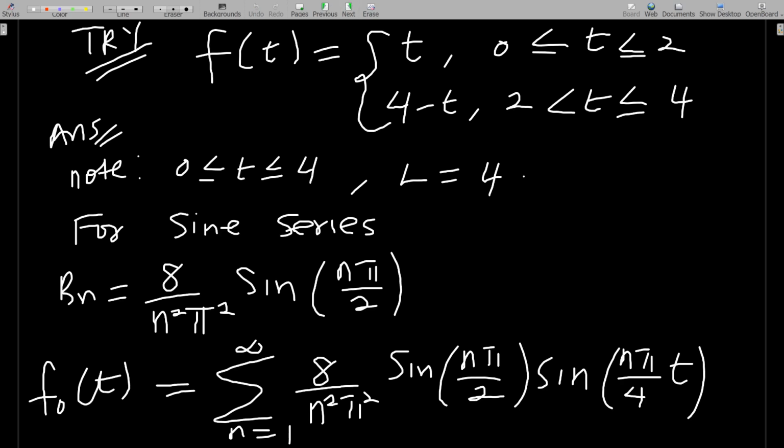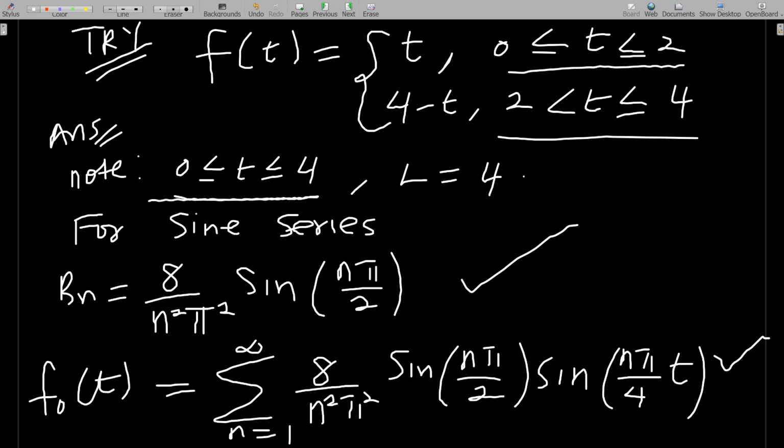Okay, so you can also try this. This is also a piecewise function. F of t equals t within this range, and it's 4 minus t, also within this range. So the Fourier sine series is given by this. Bn is this, and this is the solution. Okay, remember, this is the range, so it's a half range function, and L is also 4. And know that your Bn will be something like this: 2 over 4 integral from 0 to